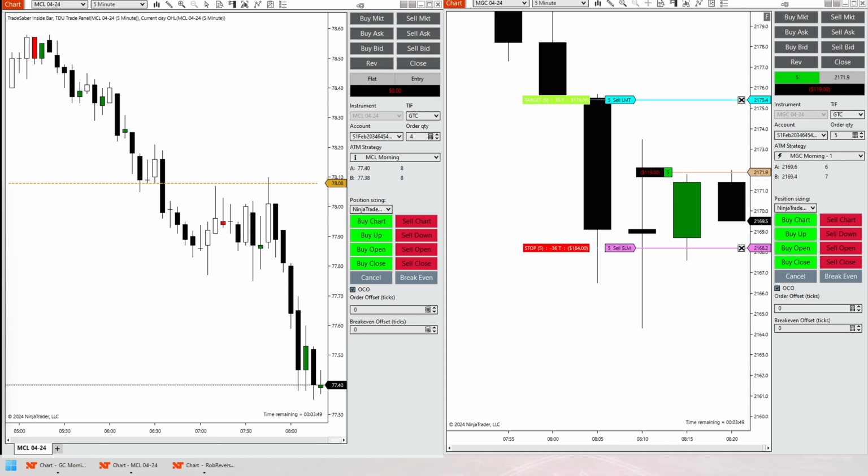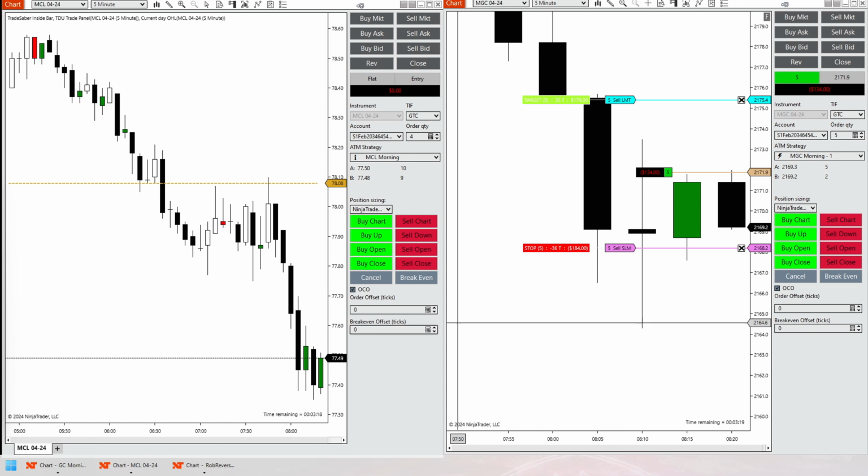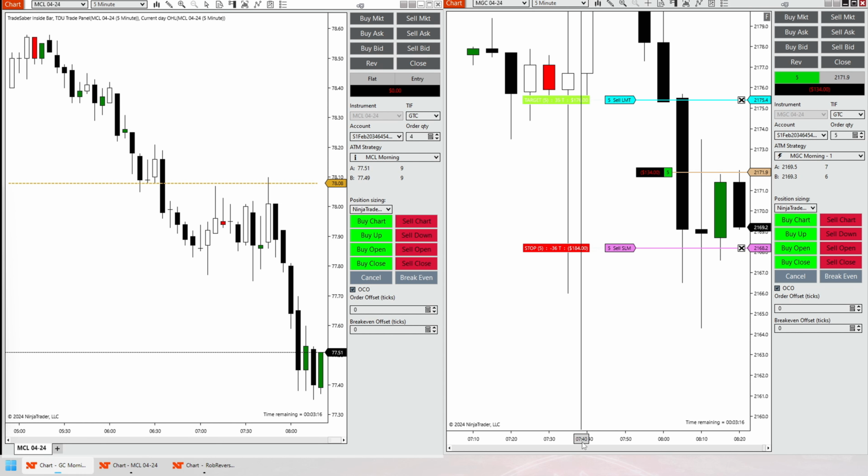So if I take a look at the source bar, which is, let's just call it a doji, it's a huge bar, and that just is a lot of indecision right there. And we do get the inside bar. I do like the play because again, it's consolidating, but I just wish that the inside bar would have been a little bit bigger, which would have given us a little bit more space as to in which direction it wanted to go. Hopefully it makes sense. I'll elaborate on it a little bit more in the recap,